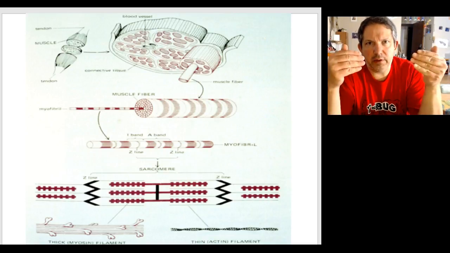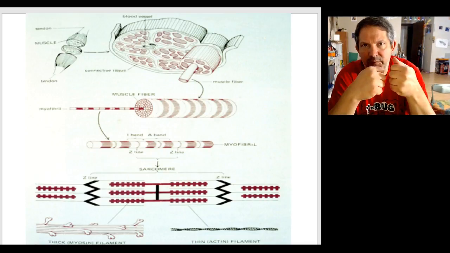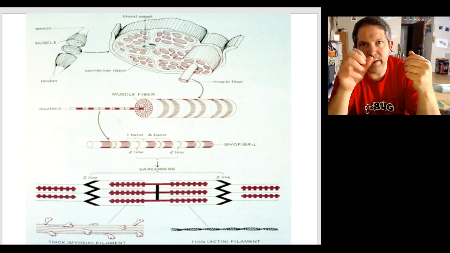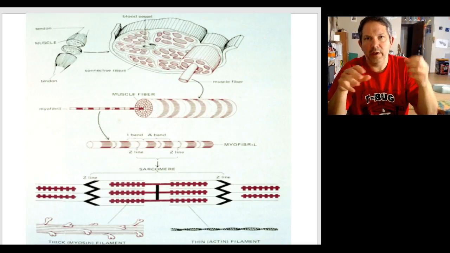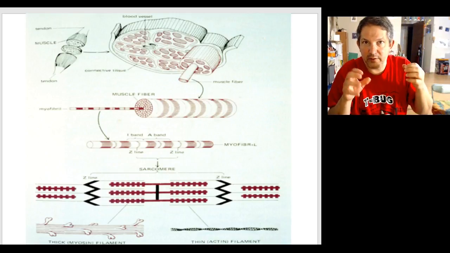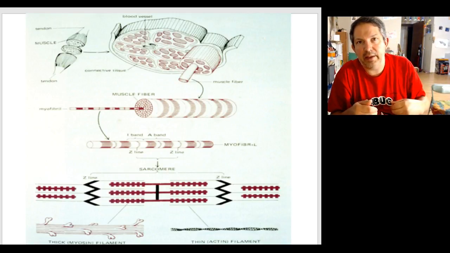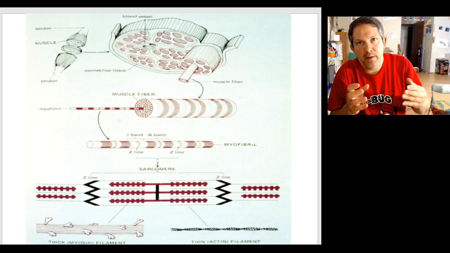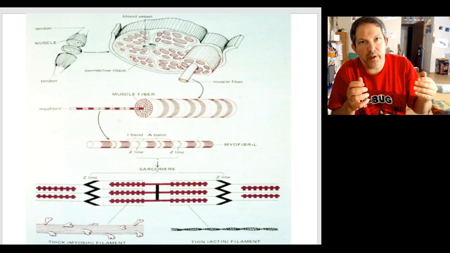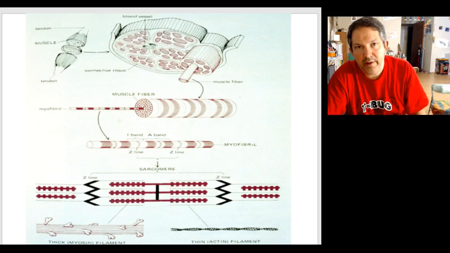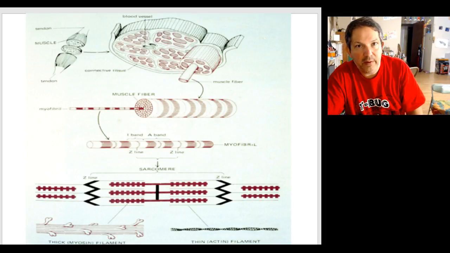But it contracts, the whole thing contracts fully, and it's just a quick twitch unless it keeps getting more nerve signal. As long as it's getting a signal to contract, it will keep contracting, and it can stay in a state of contraction. But otherwise, it just contracts very quickly and relaxes very quickly. 40 thousandths of a second or something. It's very quick,